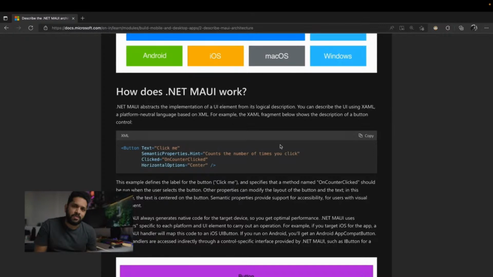So when you write button in XAML, how does it transform into native buttons in iOS and Android? This is how it is working. Button will have an interface called IButton, and there will be button handlers written independently within each platform. For let's say iOS, it uses the UIKit UIButton, and it may use a